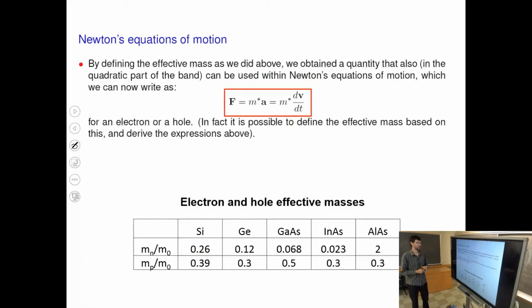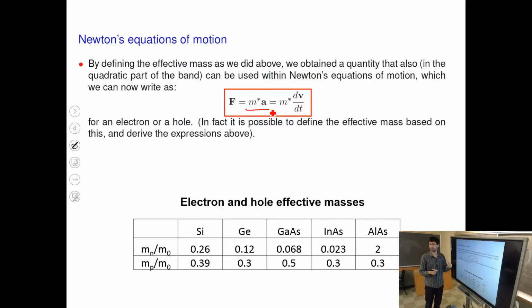Okay, so taking those concepts together, we can demonstrate that these quasiparticles, electrons or holes with an effective mass, obey Newton's equation of motion. If you have an external force, then the particle will be accelerated, so its group velocity will change in proportion, according to Newton's second law. You just have to use the effective mass in that law, and from the known force you will find what the acceleration is going to be.